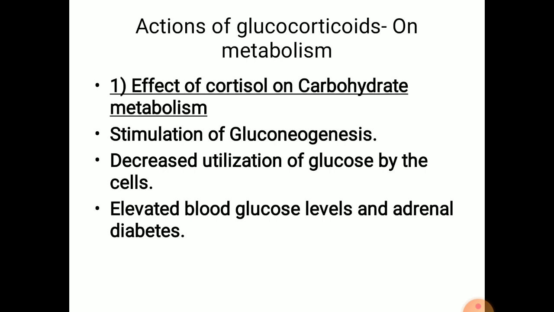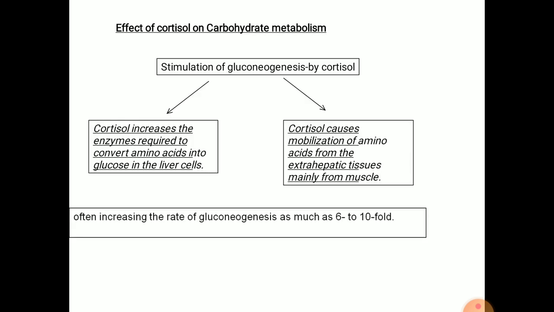First of all, the effect of cortisol on carbohydrate metabolism is the stimulation of gluconeogenesis, and it also causes a decreased utilization of glucose by the cells. Both these cause an increased blood glucose level, and that leads to adrenal diabetes if an excess amount of glucocorticoid is secreted. Now if we see how it occurs,